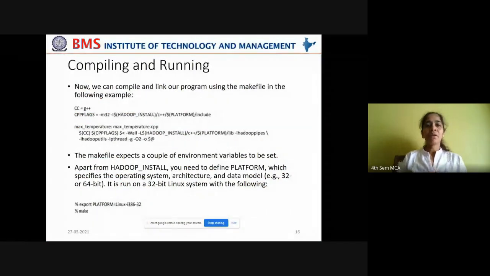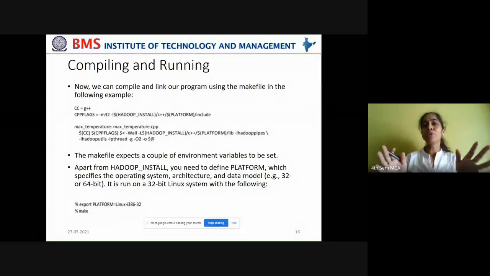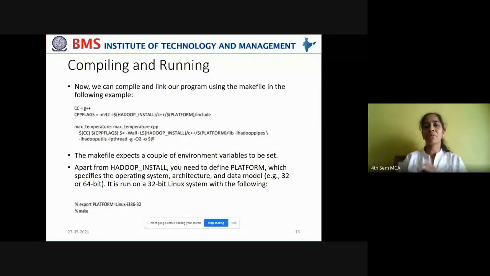Now let us see how to compile and run this. This is a little complex. I think you need not remember the instructions as they are, but just try to understand how we give the instructions. The main thing is to remember your code for MapReduce functions in Java and C++. Any one question may come for you in the exam: write the MapReduce function in Java or write the MapReduce function in C++.